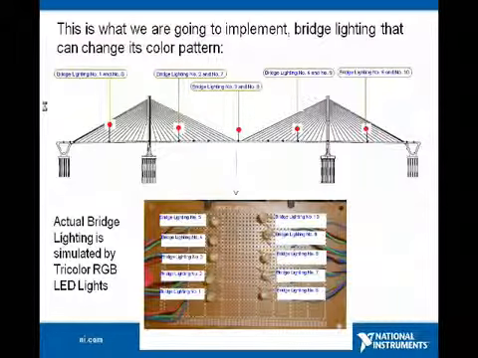As you can see here, since we have 10 bridge lights on the actual bridge, this can be simulated and represented simply by using 3-color LED lights, as you see from the PCB below. The objective of the bridge light controller is actually to control the cue timing and the color pattern of each light by sending red, green, and blue values to construct a color at a specified time.